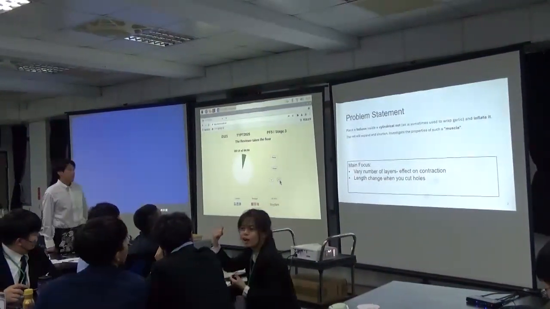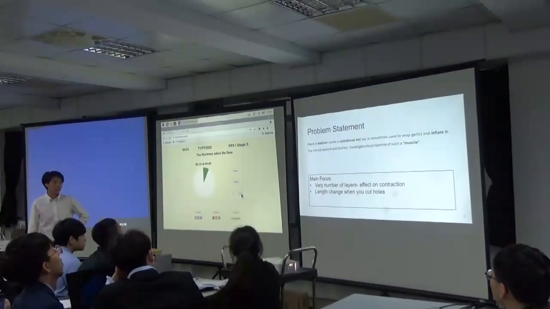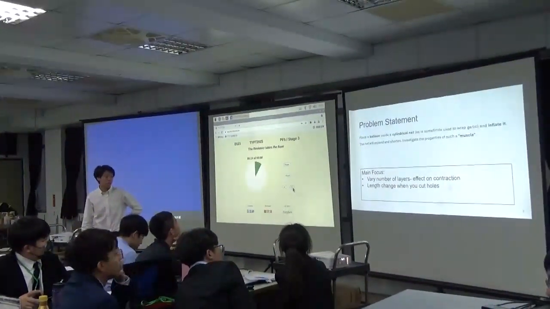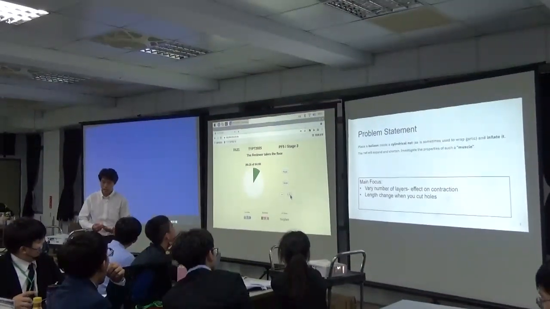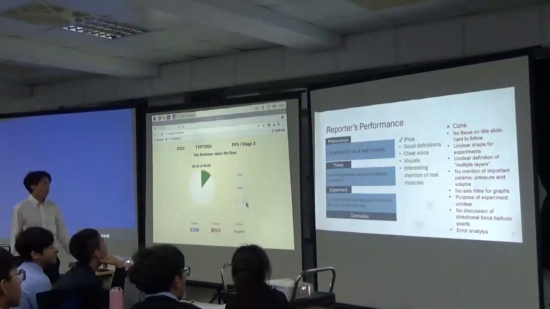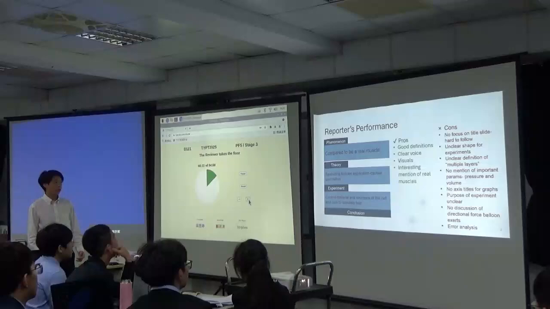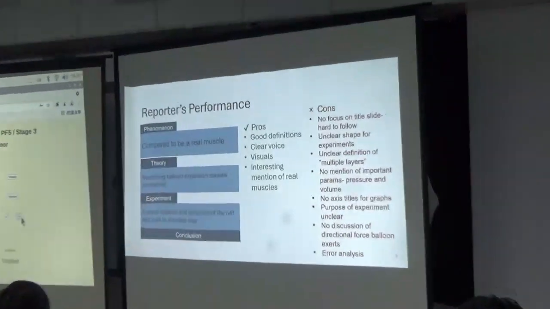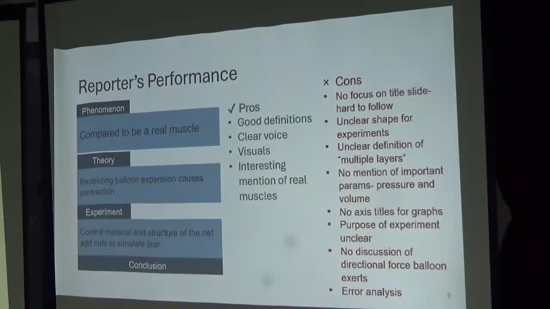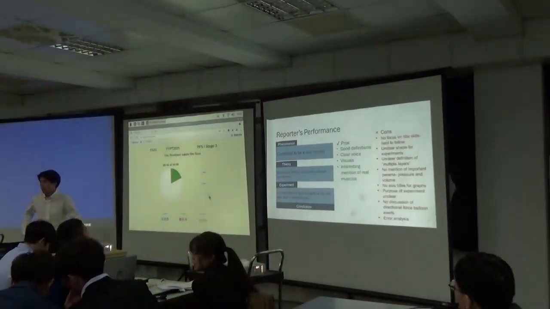So this is the problem statement, and our reporter decided to focus on narrowing the number of layers and how that affects the contraction of the balloon, and they also change the length when you cut holes into the net. Here is what the reporter did. Their phenomenon was they compared the balloon to a real muscle, including tears and stuff. They restricted the balloon's expansion, and they said that it causes contraction. And during their experiment, they controlled the material and structure of the net to simulate